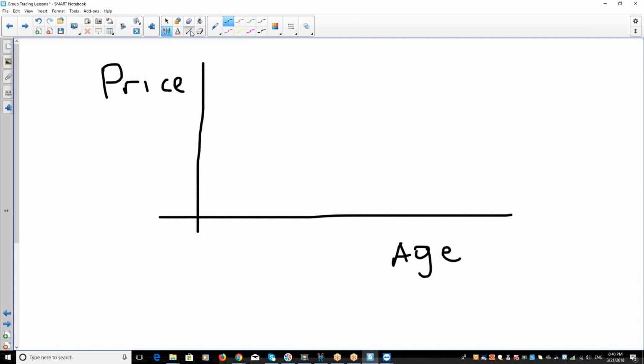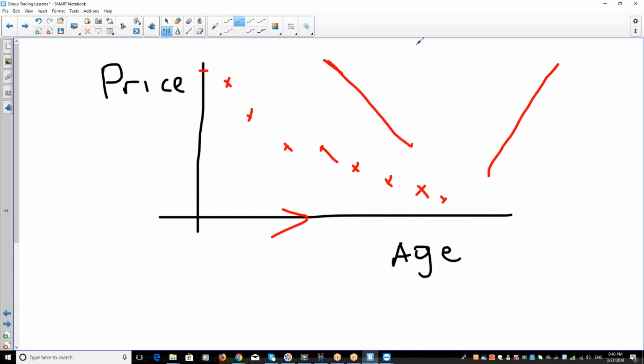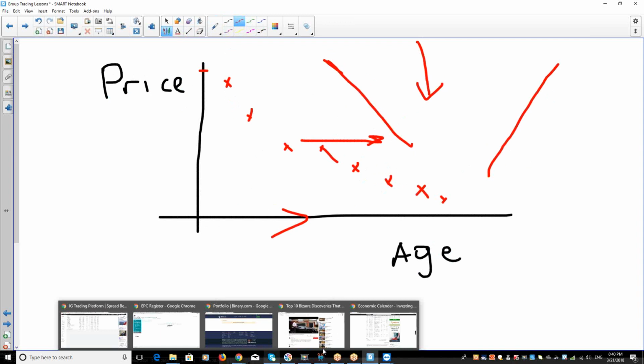So what's going to happen is, as the age of the car increases, the price of the car is going to start say there. But as the age of the car is going up that way, the price is going down, unless it's some vintage car. But typical cars, that's what's going to happen. So it's going to have what we call a negative correlation. We've got a positive correlation if both of them are going up. Negative correlation, one is going down while the other one is going up. Okay, so if I go back to Petra's now,